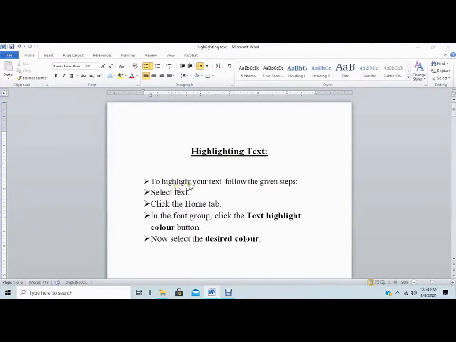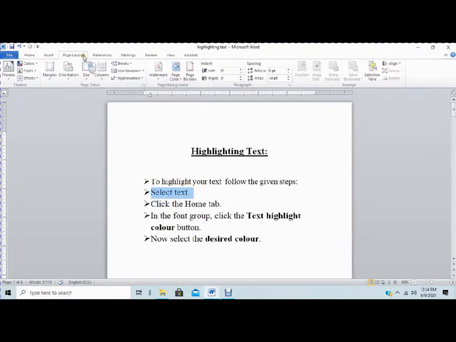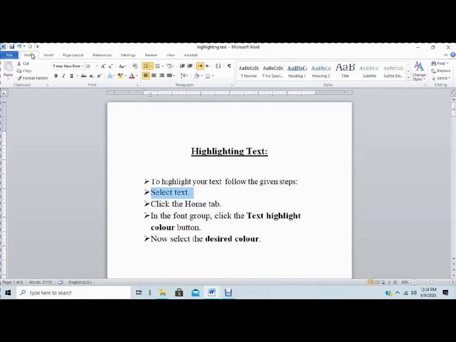To highlight your text, you have to follow these steps. First, you need to select the text which you want to highlight. Now, we will select the Home tab. This is the Home tab. You can see I selected this one, and now in the font group area, here is the text highlight color.